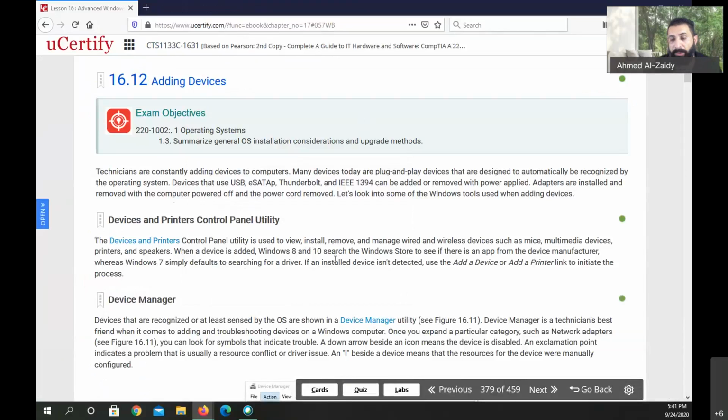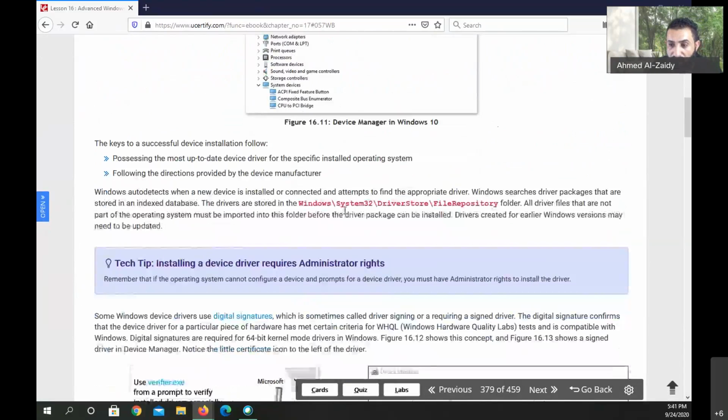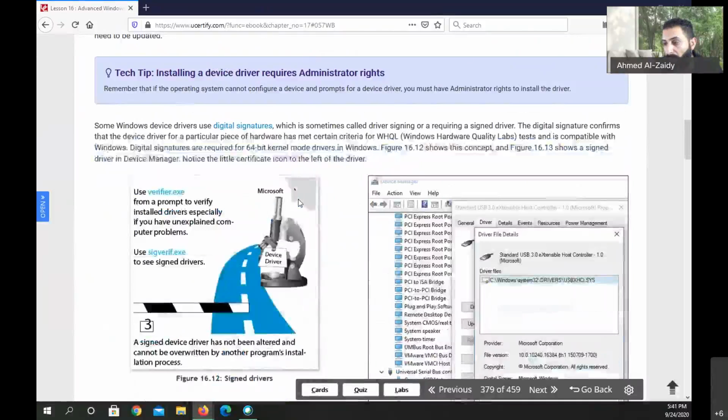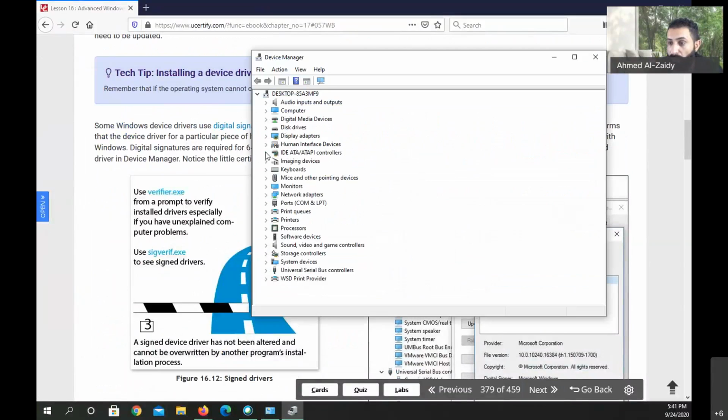So, as I mentioned, we can add devices. We have the opportunity to add printer devices. We can go to the device manager and see all other devices that are connected to the PC and all other information about it. Now, let's go back. Let me bring it up for a minute. If you are suspecting one of the devices is not working properly, you can go to it by